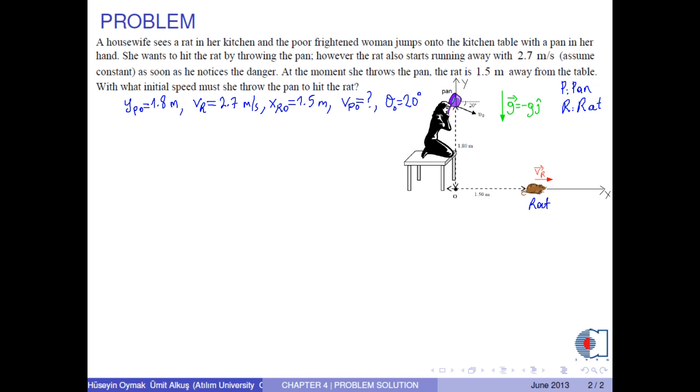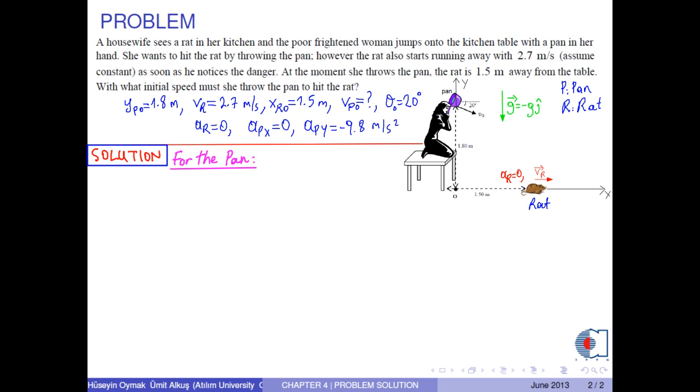Note that since the speed of the rat is constant, its acceleration is zero, and the pan has an acceleration in the negative y direction. The y component of the final position of the pan is written to be, according to the question, the final position of the pan is the ground. Then we have ypf equals 0. And vy0, which is the y component of the initial velocity, is negative v0 times sine theta 0. Therefore, we get